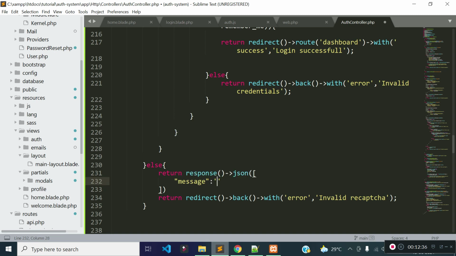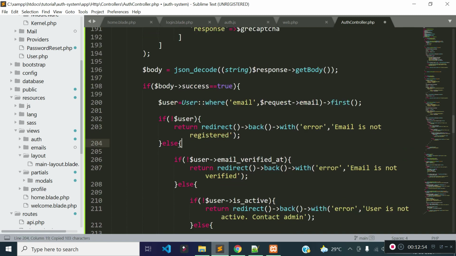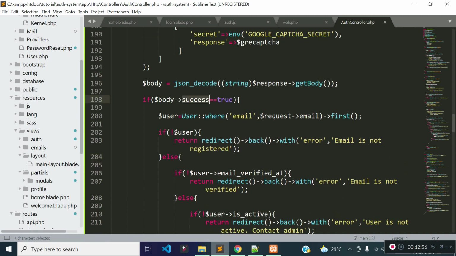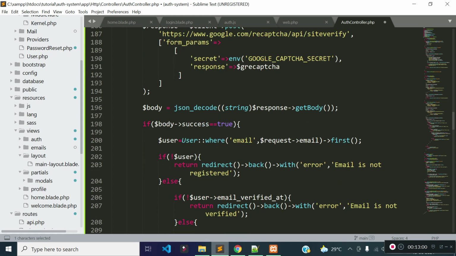The message will be invalid reCAPTCHA. Okay. And the status code will be 400. Let's copy this. Okay. Now if our Google reCAPTCHA response is success, then what I will do, I will check